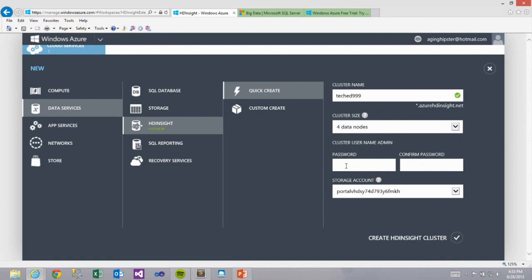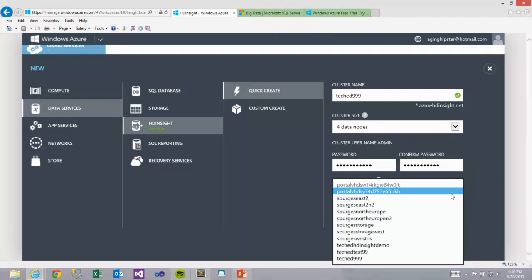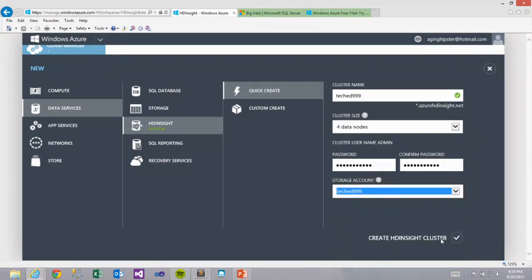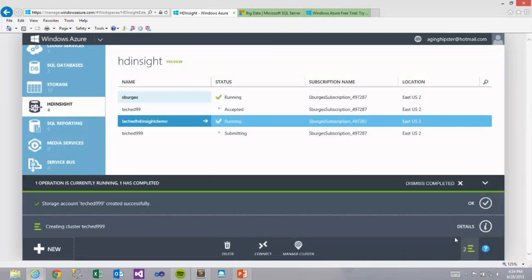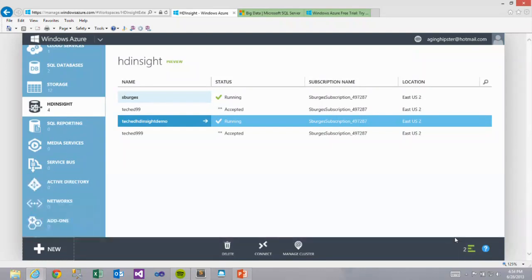So I won't be greedy. I'll just stay with 4. Put a password in. And then if my account was created, there we go. And then I just click that. That's it. I just spun up a cluster, and that's off getting provisioned. The unfortunate thing is it takes like 15 minutes for Azure to provision that, so I can't really show this